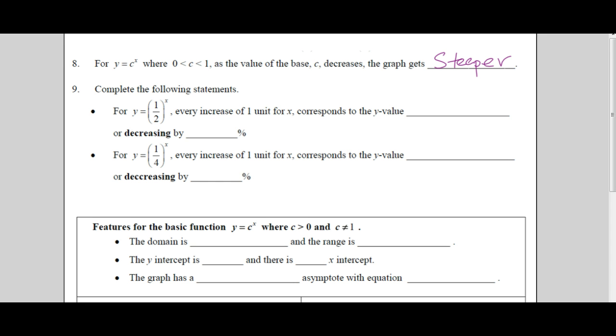For y equals 1/2 to the x, every increase corresponds to the y value halving, or decreasing by 50%. For 1/4, it's going to be quartering, or decreasing by